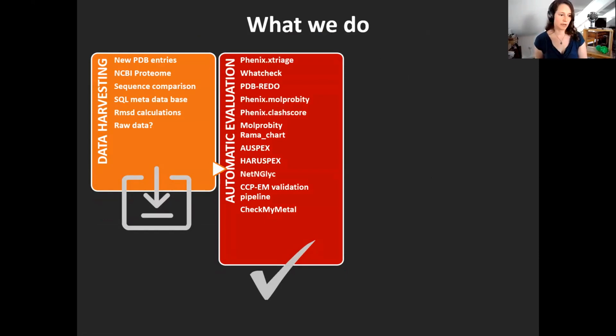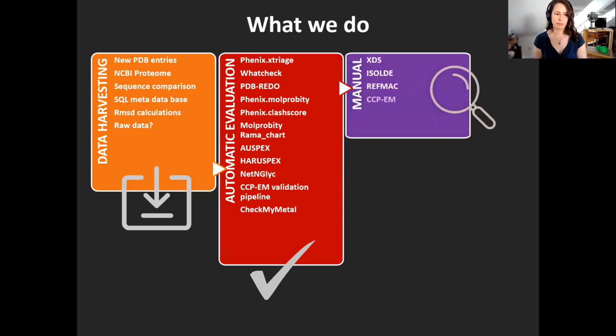And then we have an automatic pipeline that runs a lot of more or less known validation. Some of it, for example Haruspecs or our MolProbity, is bespoke, not published, or parts of the tools we are currently using have not been published and are not available. So we made good use of our contacts in the methods world to do something that was mostly standing on the shoulders of giants, but we also needed to adapt some things and fine tune. And then some structures which are representative, for example, of a certain protein or very important for drug development,